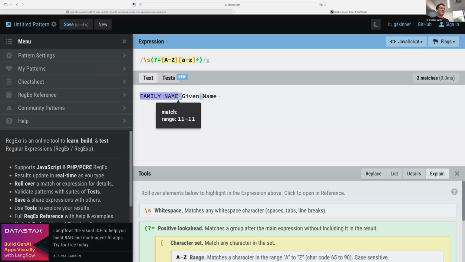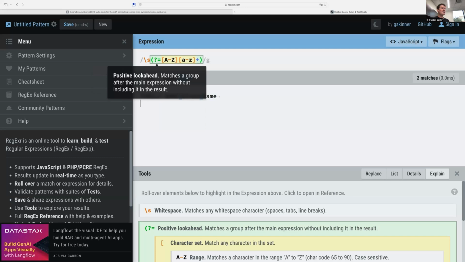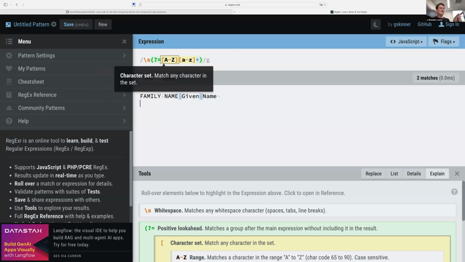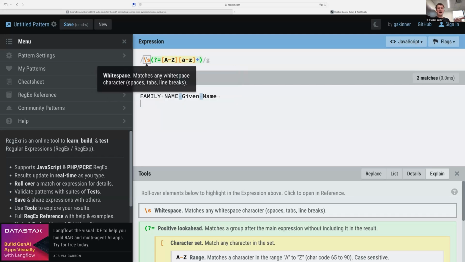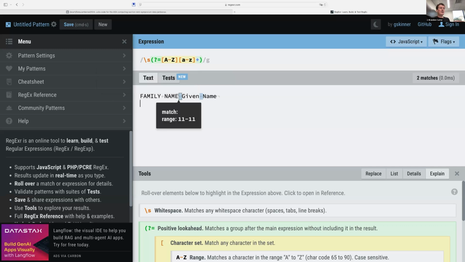Right here, I have family name and given name in title case. And so I created a regular expression that's looking ahead for a title case word: a single capital letter followed by any number of lowercase letters, and that is preceded by a white space. So this regular expression is going to find all of the white spaces that are followed by a title case